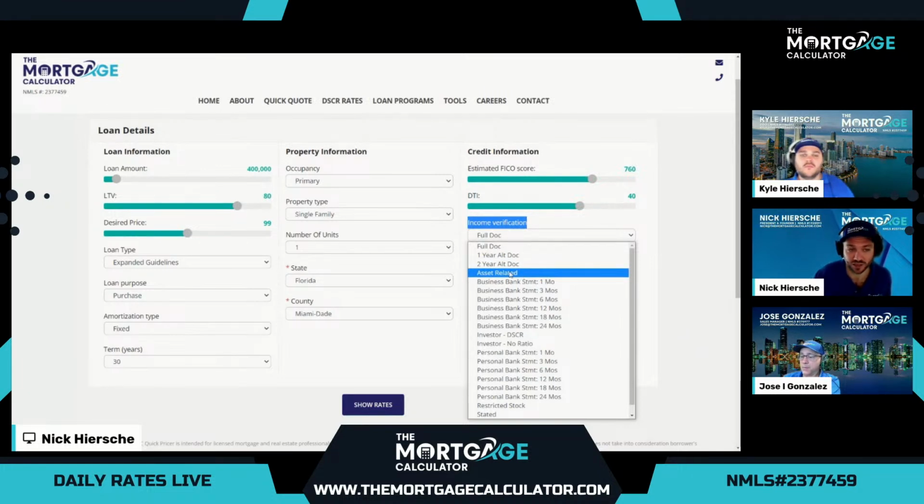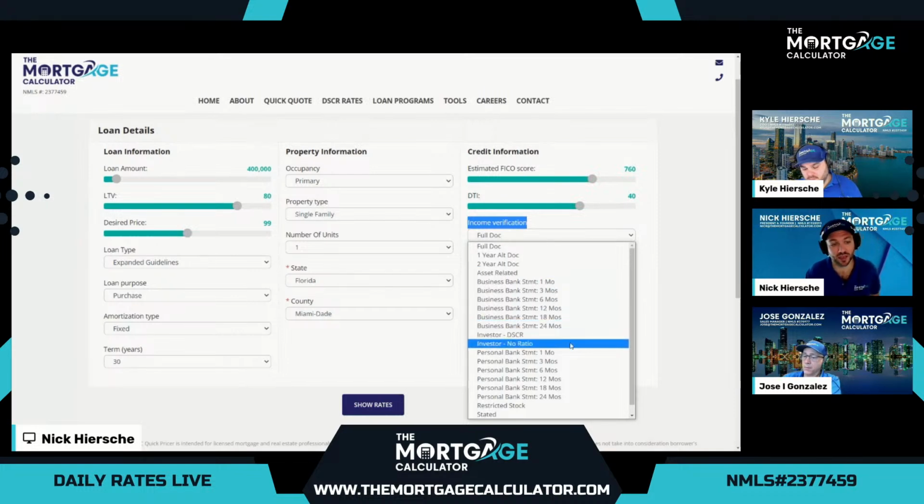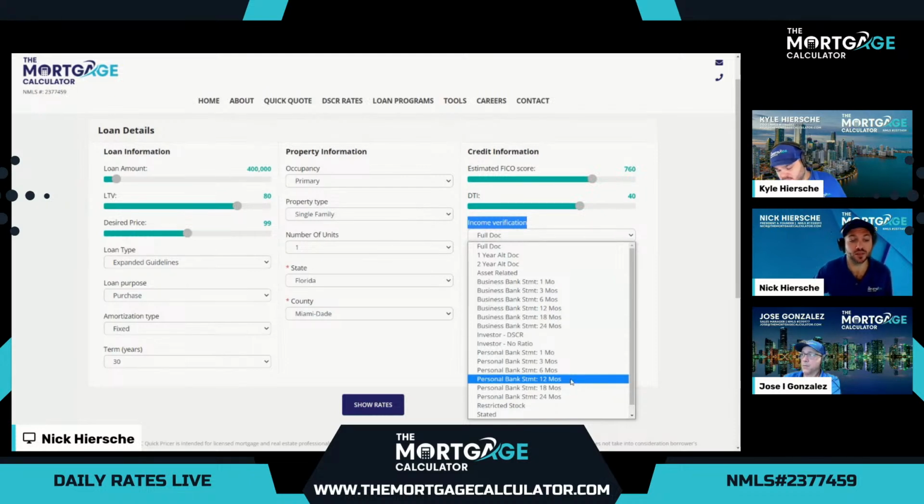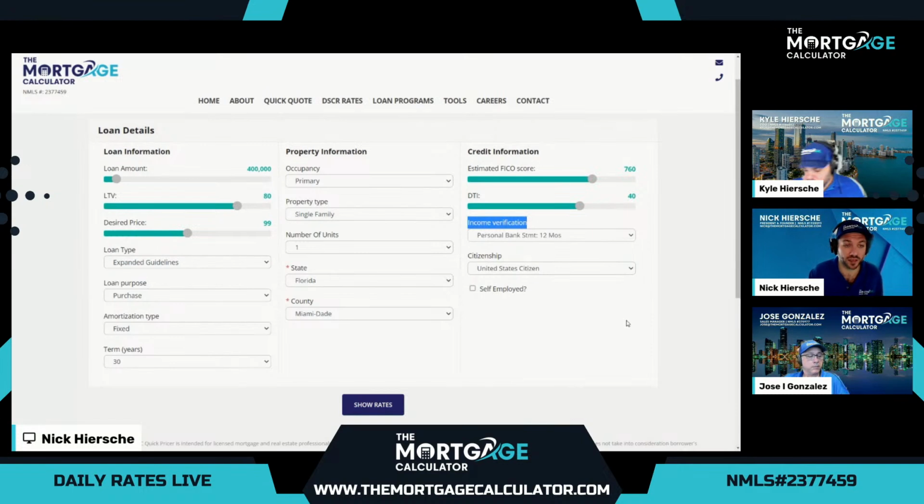All of our programs under this option actually don't require income, it's just based on assets and using those as potential income. We have business bank statement programs, very popular. Investor DSCRs we'll do in a minute. But for our demo today, our most popular non-QM program is going to be our 12-month personal bank statement program for our self-employed borrowers. So this will typically allow our self-employed borrowers that file 2 years of tax returns